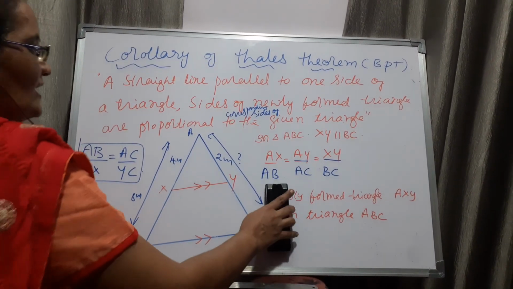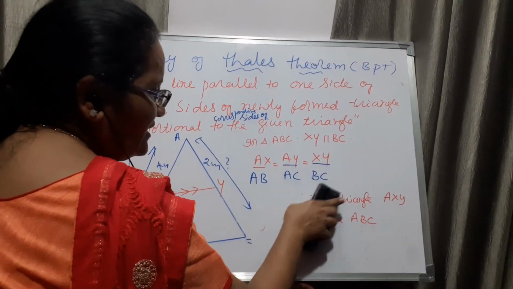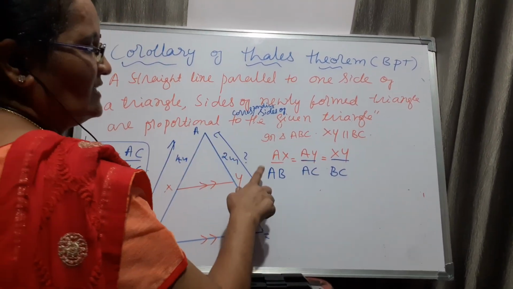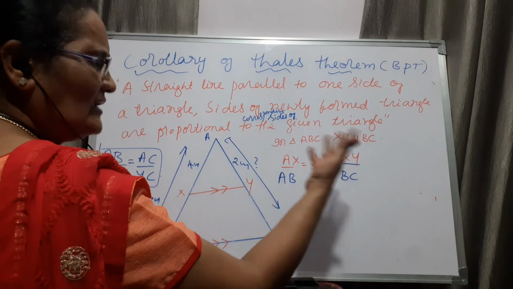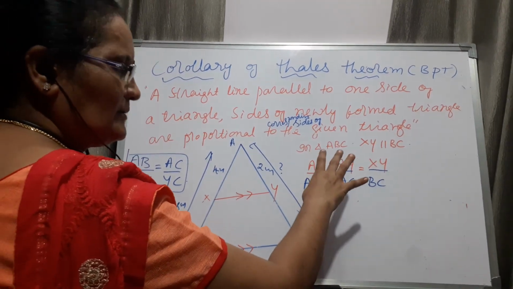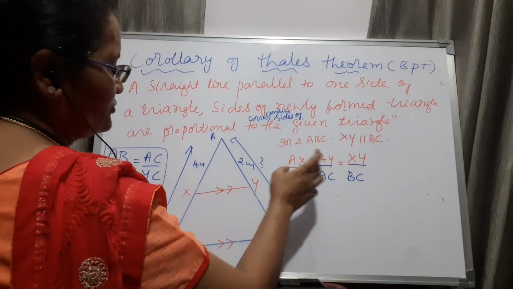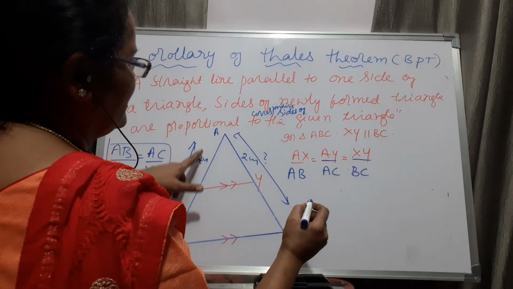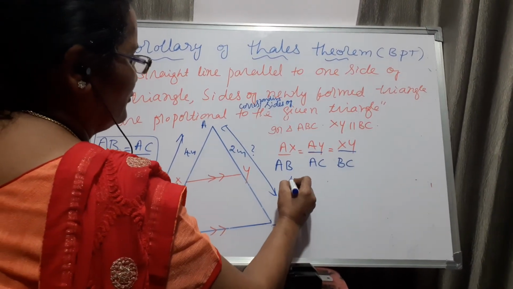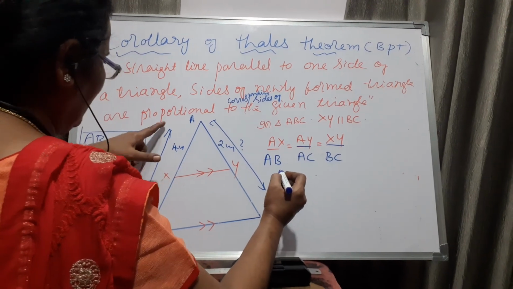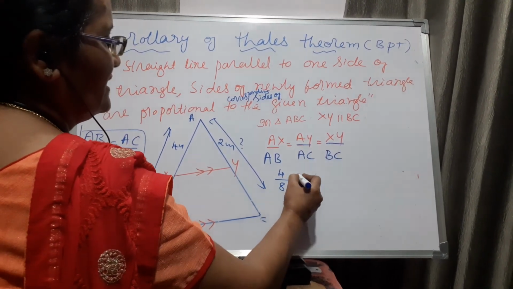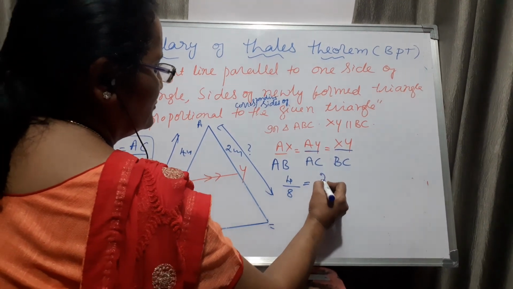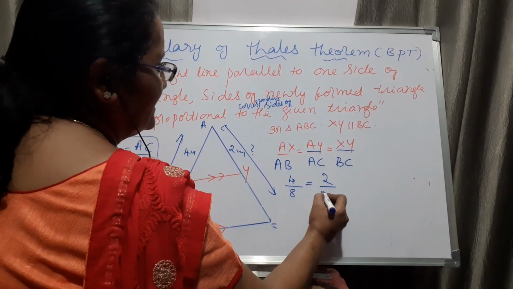See here, I'll show that problem. We will solve it next in the next classes, but I'll tell you. Here you are thinking 3 ratios are there. We can leave any one, we only take a pairing of any two, that is AX by AB. What is given: AX value is given, 4 divided by AB, which is 8, is equal to AY, which is also given as 2, then we don't know AC, write it as it is.